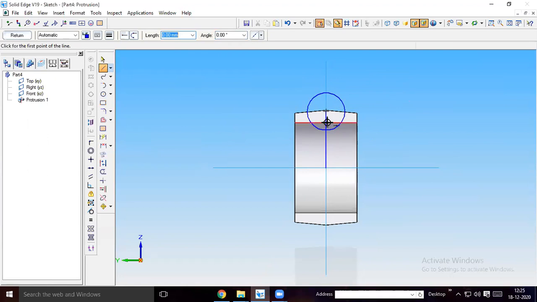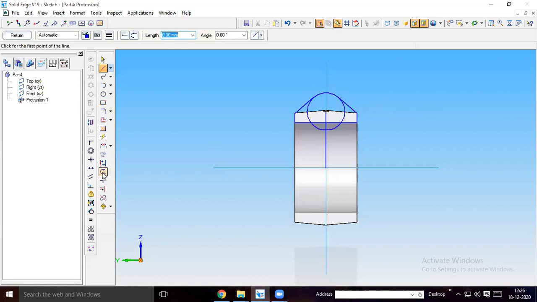Then you draw this line from this point to this point. You draw the line and you draw this line also up to the end point. Then you draw a line tangent to the circle you created. Draw a line tangent to the circle.